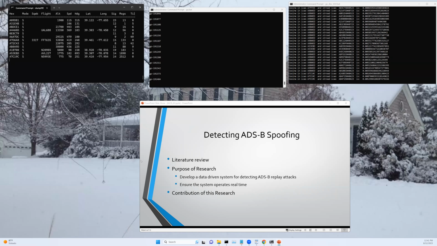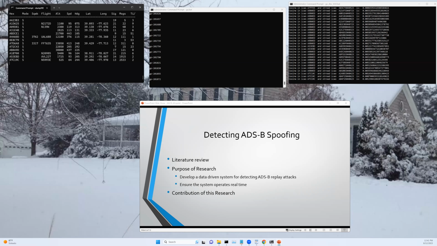This can be from a ground-based software-defined radio, either using a replay attack in which previously recorded messages are inserted into the airspace, or from a new message that's constructed by the hacker that introduces a ghost plane. Another method of attack is from the air, aircraft spoofing, and that uses an ADS-B transponder with a modified ICAO ID, which is the unique transponder identifier assigned by the ICAO.